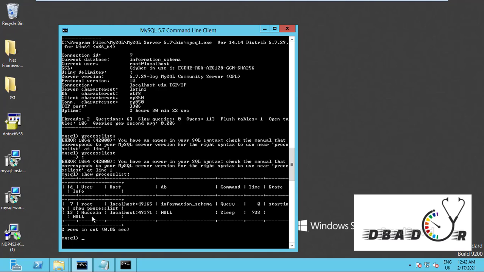Two users are connected, one is root and one more is Hussein. Here he is connected from the local host, and this is a different host where the second user is connected. And presently the second one, user id 13, is in sleeping mode, and we are in starting mode. You can see here one by one.